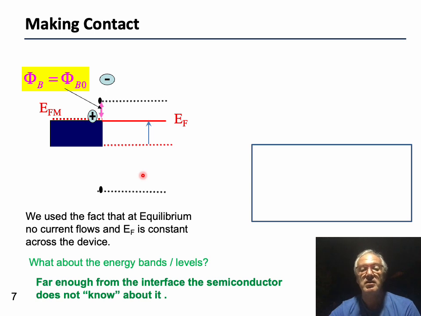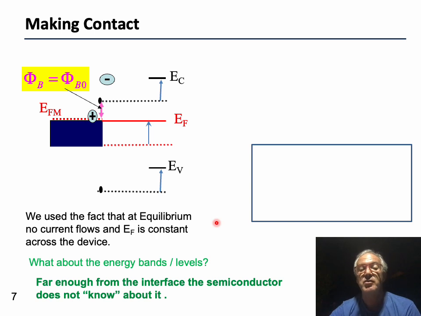So basically, what we usually do is we say that when we attach two materials to each other, there is this interface where they are touching, and close to this interface there will always be some kind of interference or some kind of effect between the two. But if you go far enough, all the interference will decay, and far enough from the interface, the semiconductor doesn't really know that there was a metal on the other side. So basically,